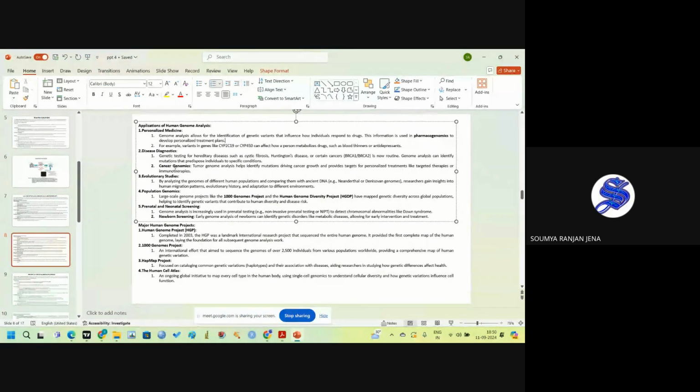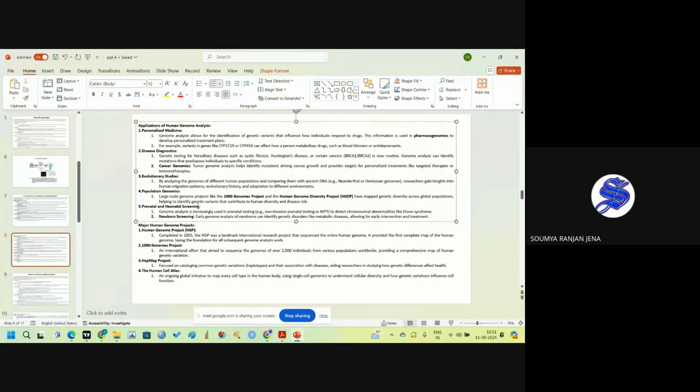Maximum study nowadays uses this genome analysis for cancer genomics, to analyze tumor genomes to identify mutations driving cancer growth, which proteins are mutated and drive the growth of this cancer, and provides targets for personalized treatment like targeted therapy or immunotherapy directed at that particular protein. Then we have also studied the evolutionary analysis of human evolution, population, or bacterial evolution, or viral evolution. We can study these by this